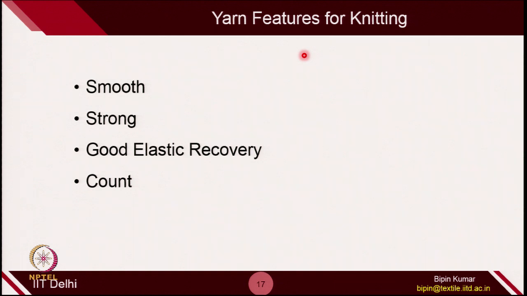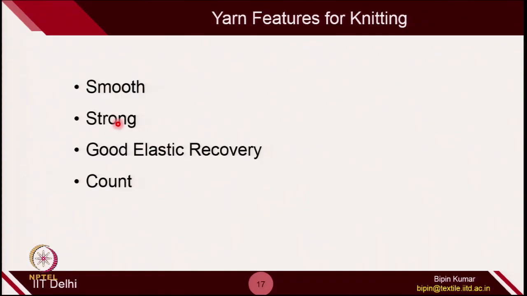Some of the very common features used in knitting from the yarn point of view: the yarn should be smooth, especially because if the yarn is very rough, then you can have the problem of abrasion with the needles or the trick on the bed, and because of that fly can generate. So, smoother yarn is better because it will keep the fabric formation smooth and less fly will generate, and also the friction will be less. So, there is less rubbing of the machine parts.